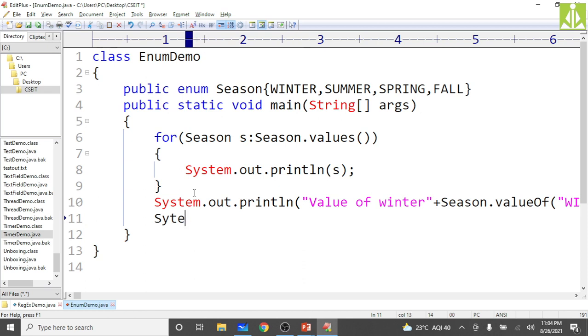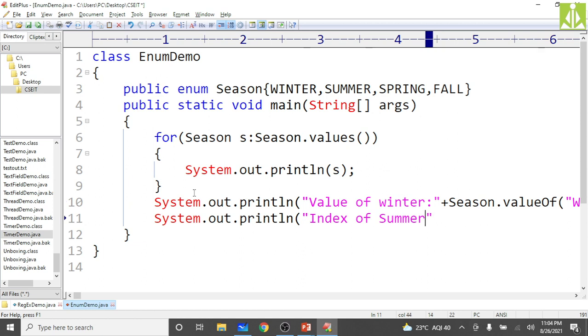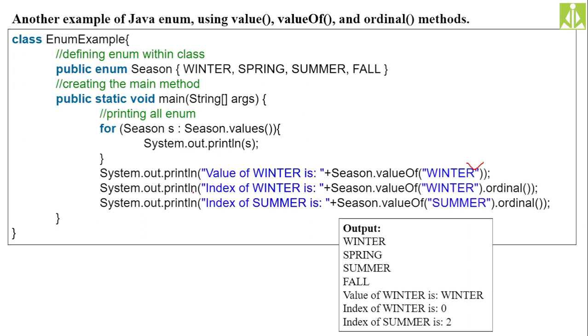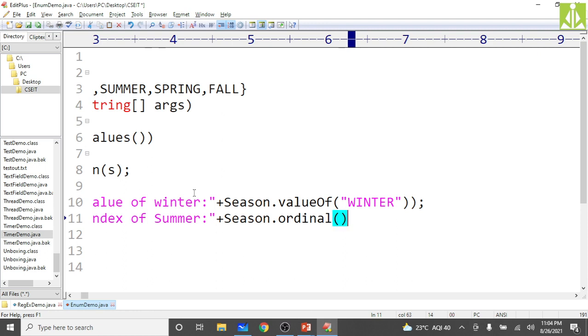System.out.println of index of summer, put a separator in between just to have separation, then plus Season.valueOf. The ordinal method will return the index, but ordinal will not take an argument.